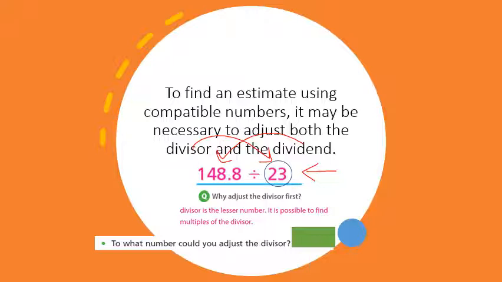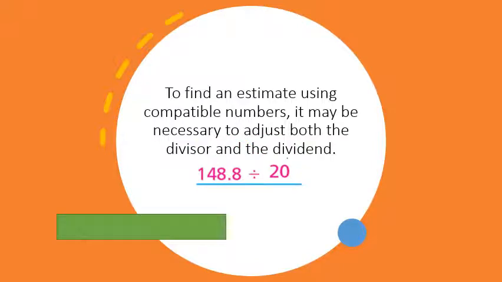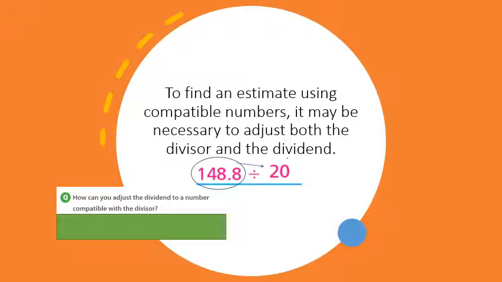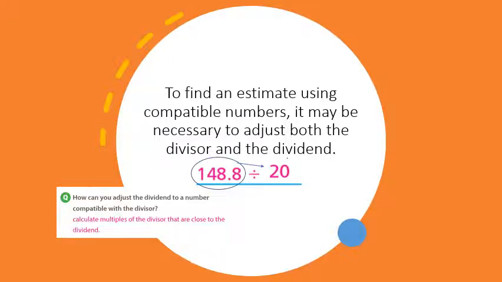What number could I adjust the divisor to? Twenty is really close to 23. I want to take a look at my problem, and I want to see now if I can adjust my dividend, the number that's being divided by 20 in my estimate. So how can I adjust the dividend to a number that's compatible with the divisor, which is 20? I'm going to think about the multiples that are close to this. So let's look. I know 20 can be